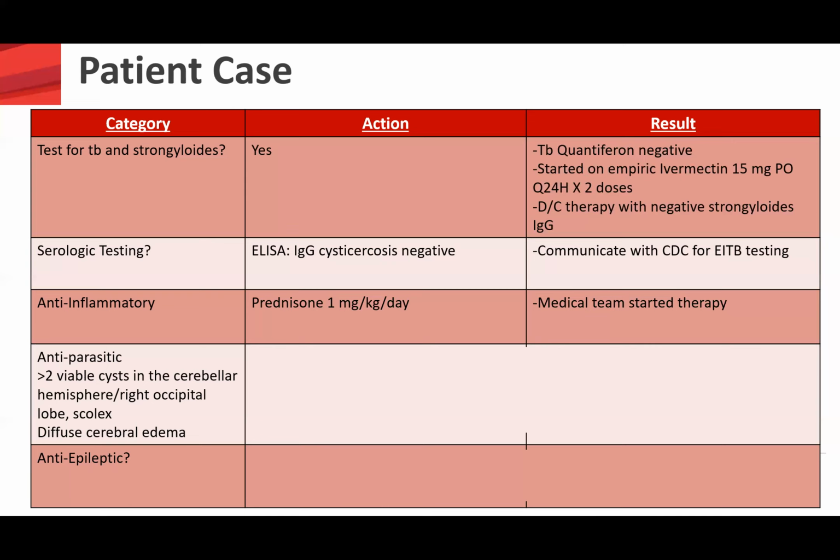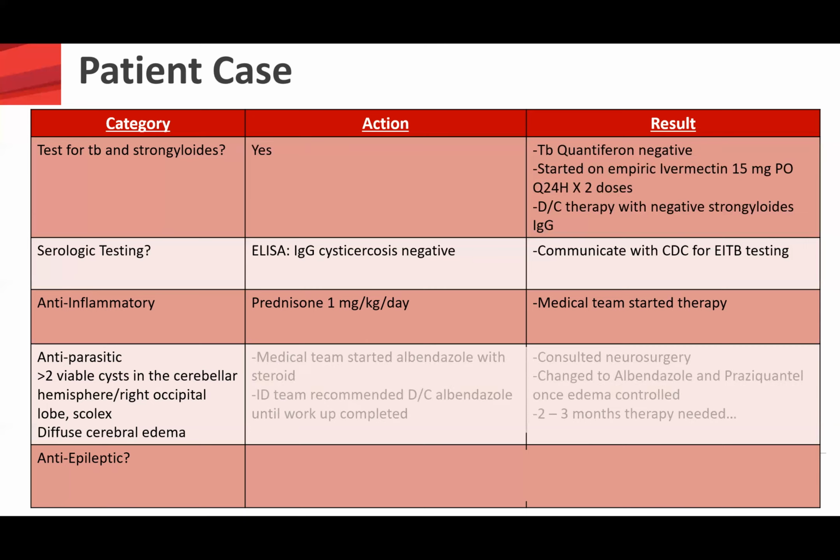So this patient specifically had more than 2 viable cysts in the cerebellar hemisphere and the right occipital lobe. There was a definitive scolex seen, so we knew this patient had NCC, and there was diffuse cerebral edema. So my first question is, do you want to start antiparasitics, yes or no? And then to follow up with that, do you want to start these antiparasitics before or after anti-inflammatories? Yeah, so we do want to start antiparasitics, and we want to start this medication after corticosteroids have been